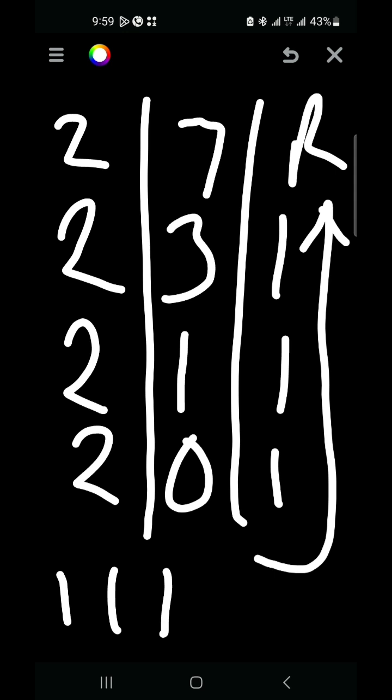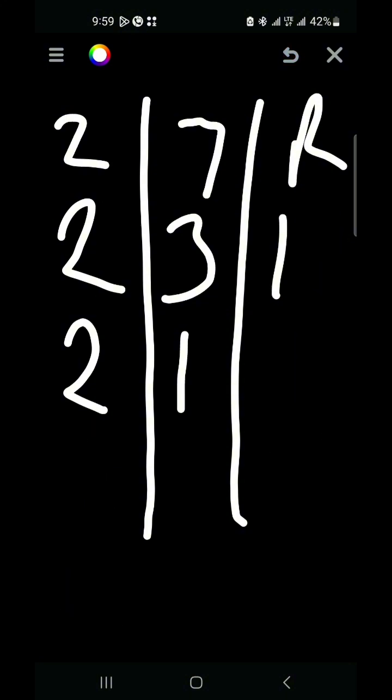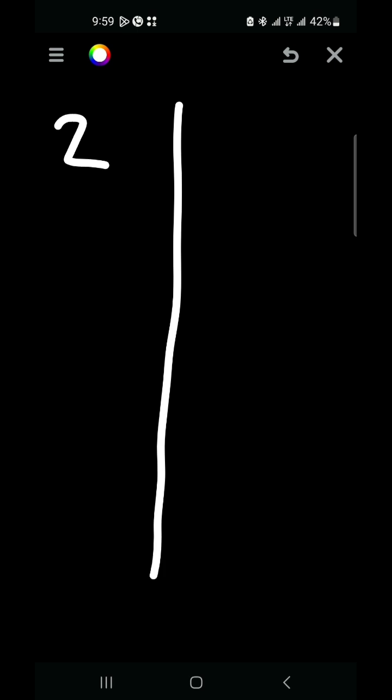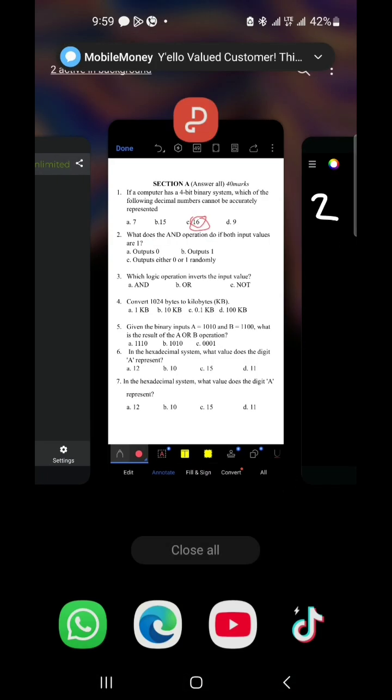up to 4 bits. And I told you the other time that you have to add 0 to it, so that making how many bits? 4 bits. Good. So 7 has a 4-bit binary representation. Okay, good. So let's go to